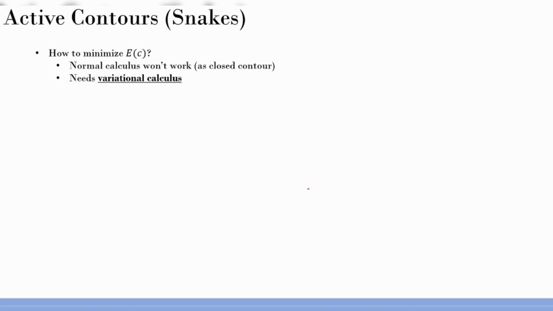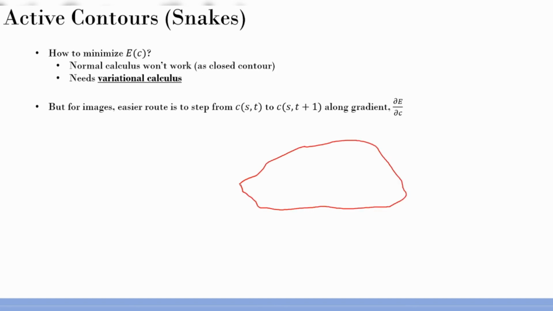Instead, what we do is we have this beautiful idea for images. The easier route is actually to consider it as a curve which is evolving over time. So C of S is basically that distribution of the curve, right? And what we are going to do now is add a time parameter to it, and consider the evolution of the curve based on the energy over time. So let's say this is the starting point of the curve, and let me draw two aspects using two different colors, one which may evolve inside.